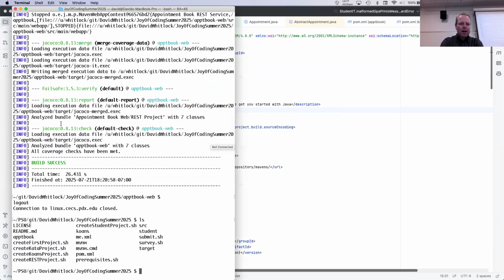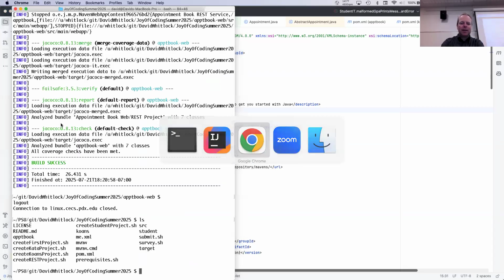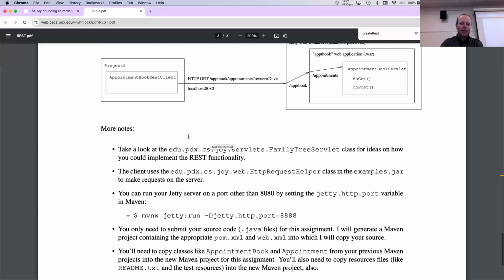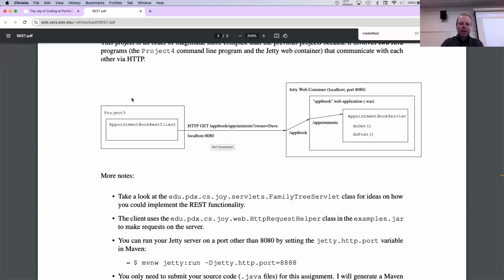For me, the picture that I recommend that you have in your head throughout all of this is this one right here, where we talk about the architecture of the application. Over here on the right, we have the web container. This is the long-running process that handles all of the requests that come from various clients, HTTP clients, such as